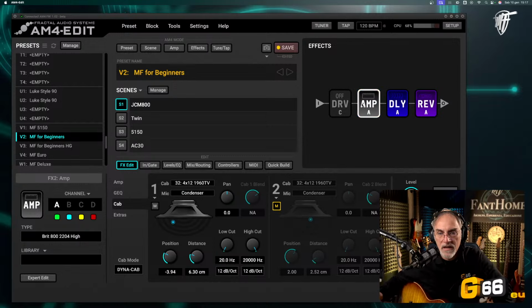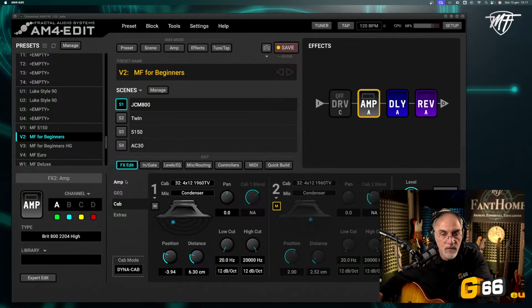You can see here, you have the amp block, but it is not 1 amp, it is 4 amps. Of course, not simultaneously, but you don't use 2 amps at the same time usually. You use only a single one.